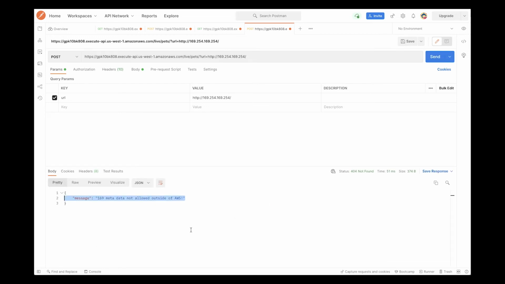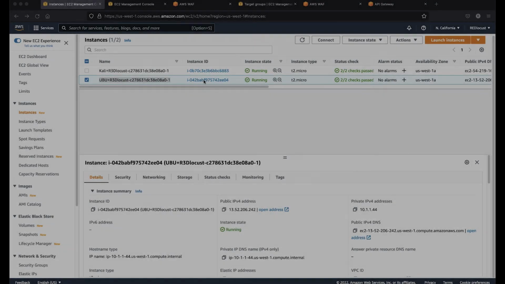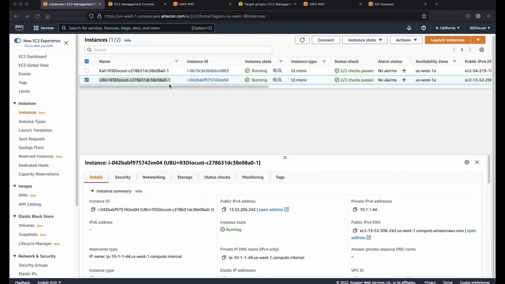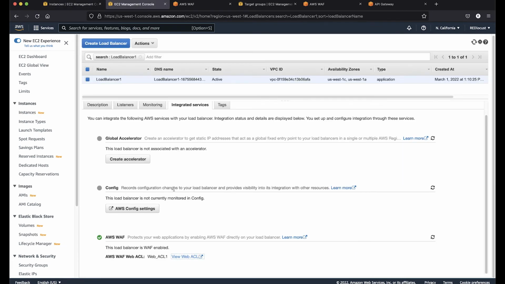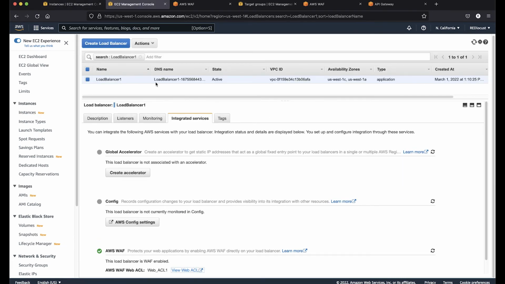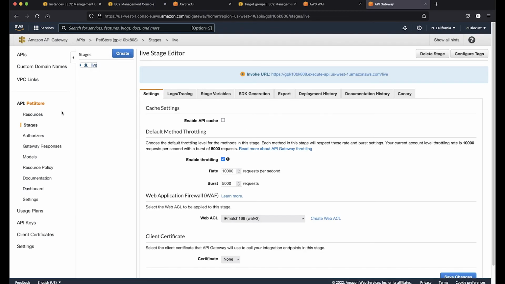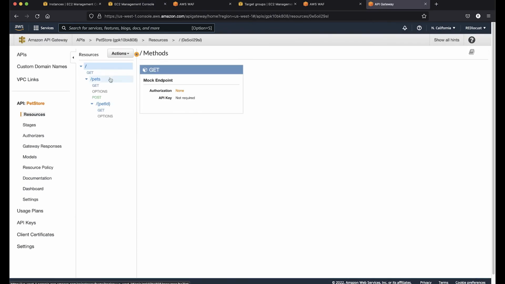So how we did it was fairly simple. First, we built a back-end web server, just a simple web server running on an Ubuntu machine, front-ended by a load balancer. Then we set up an API endpoint,